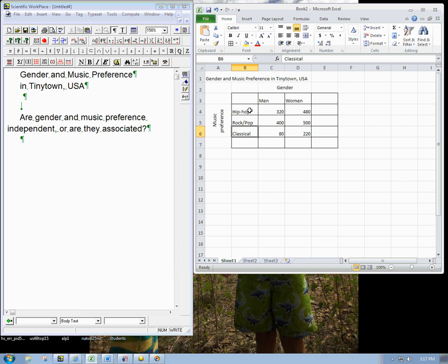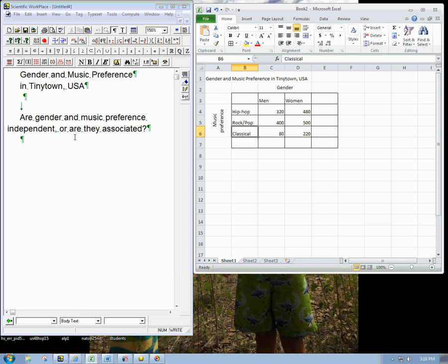It's not obvious that these would be exclusive categories, but in this setup, let's assume they were asked, they could only pick one preference for music, and so these are going to be exclusive categories. So we can total them up in particular. If they weren't, then we might have trouble with this a little bit.